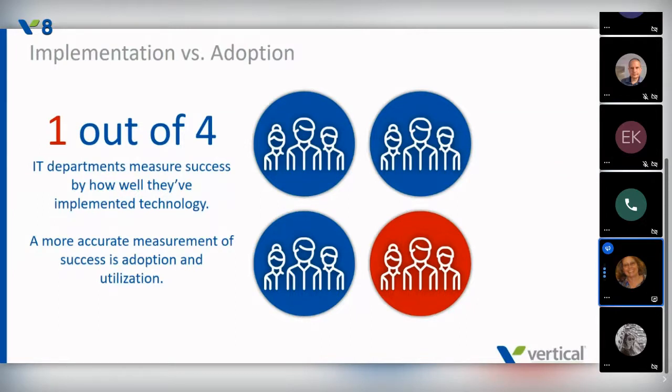But there should also be ongoing training and support. So again, as it's mentioned here, really a more accurate measurement of success is adoption, right? If you buy something and you don't use it, you're not taking advantage of the tools that are available. And quite frankly, you've invested money in something that you're not fully using.